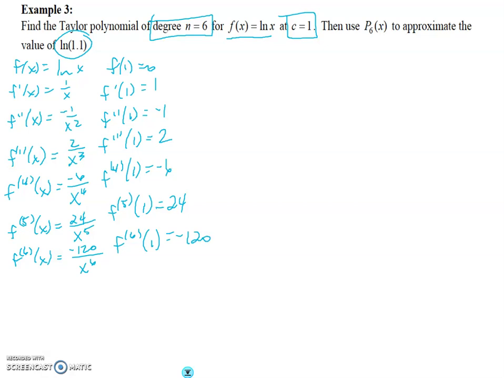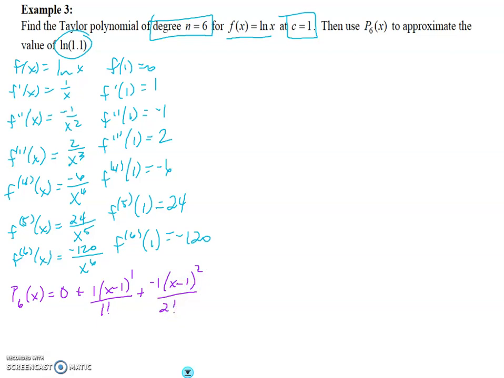Alright, so now let's plug that into our definition. So P6 of x is going to be equal to, so the first one's just going to be f of c. So f of c is equal to 0, plus, now we're going to go through with the first derivative. So first derivative is 1 times, remember it's x minus c, so x minus 1 to the first over 1 factorial. Now the second derivative, so second derivative is negative 1, x minus 1 squared over 2 factorial,